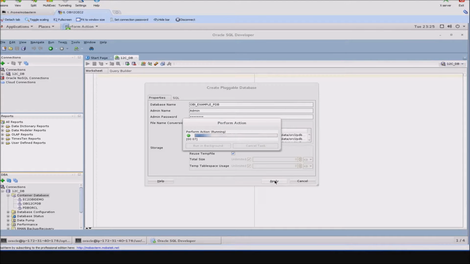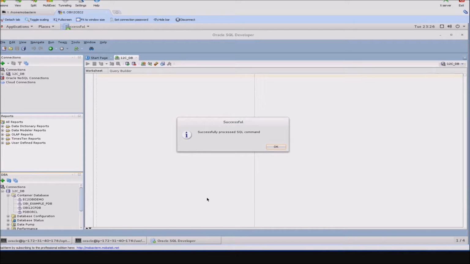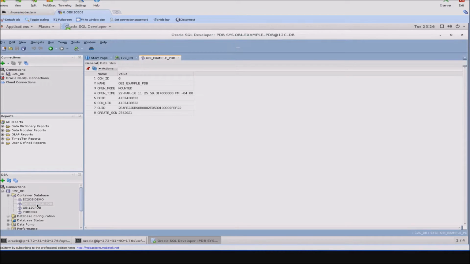Now what's important is that before being able to connect to this pluggable database, you're going to need to make sure that the database is open read write. After you've got it created, there are a number of posts out there on the internet on how to auto start your database and also auto start your pluggable databases when your database server is fired up. But if you don't want to go through that, you can always just come into these panels and start them from here. So if I take a look at my